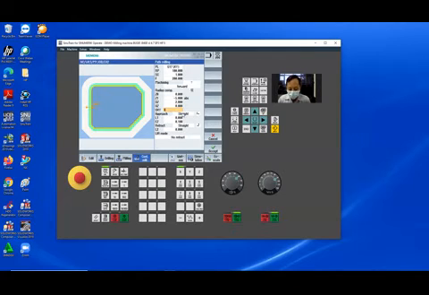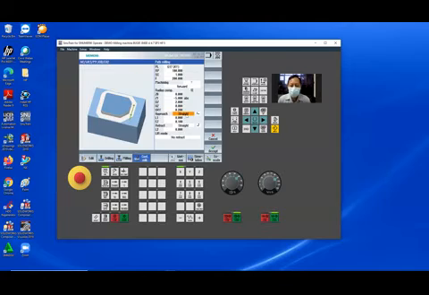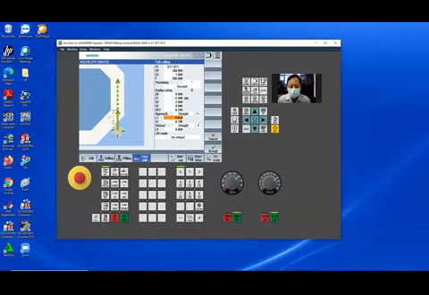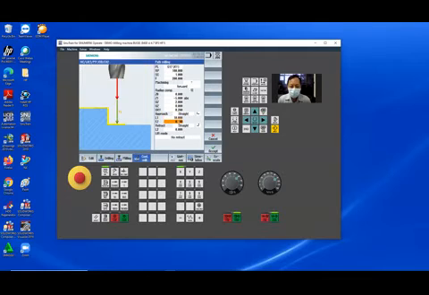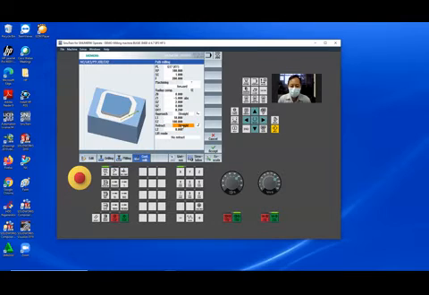I think 0.2 is enough. This is approach, strike. Give the L1 same as your cutter, 10. This is the feeding when going down, 100. This is retraction, retract.